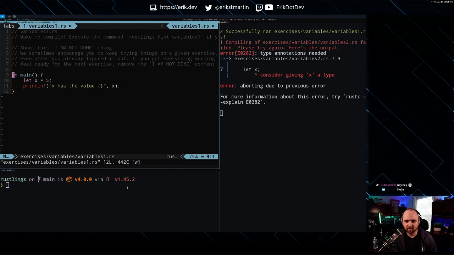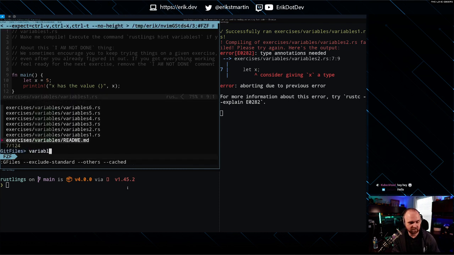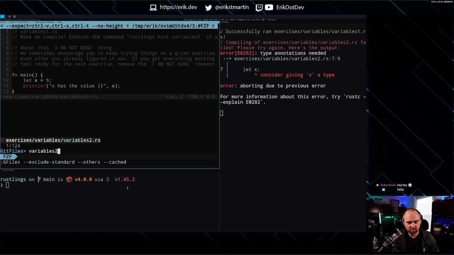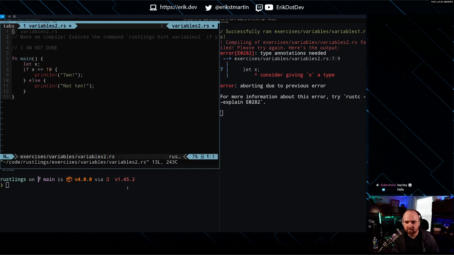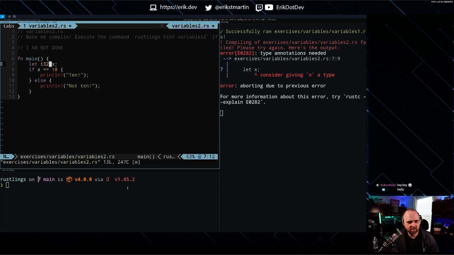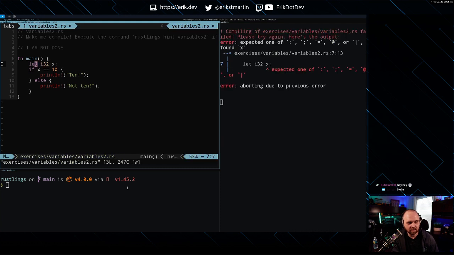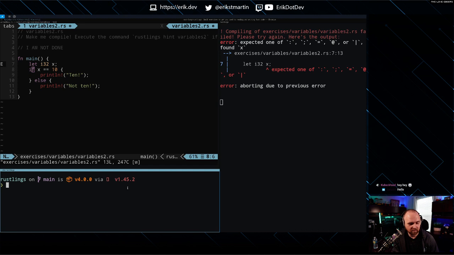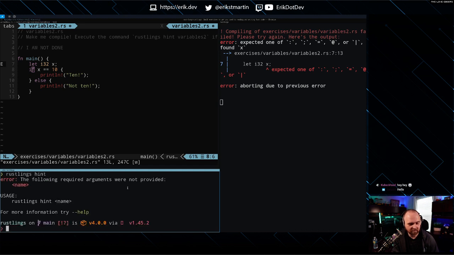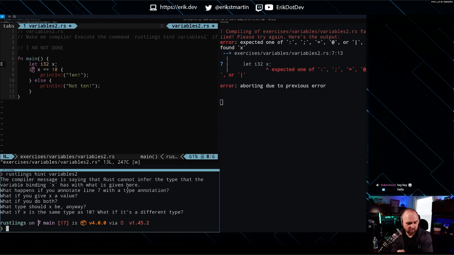Okay, our next error. variables2. Type annotation needed. Is it i32 or something? No. Alright, let's see. Rustlings hint. Oh, wait.